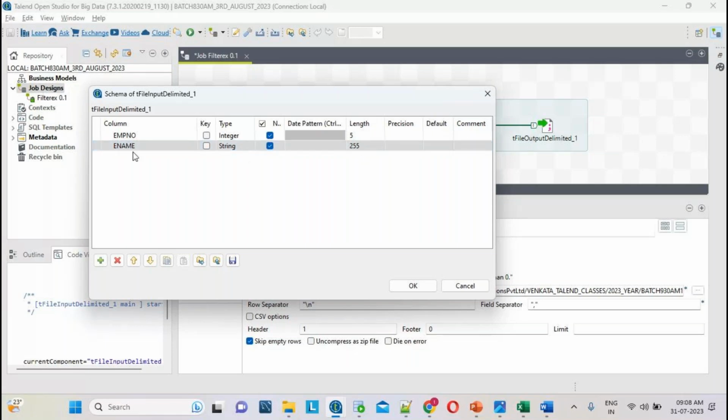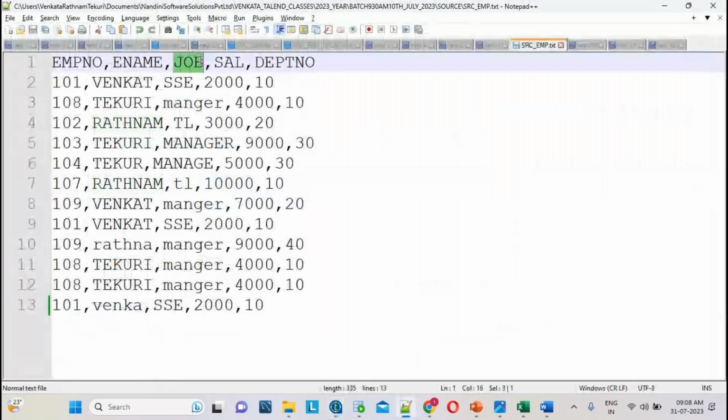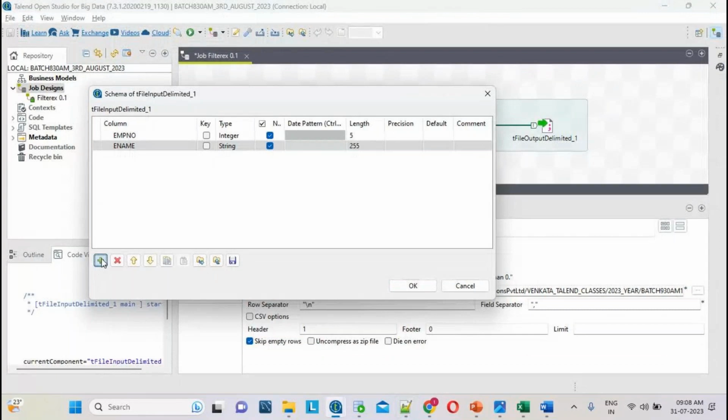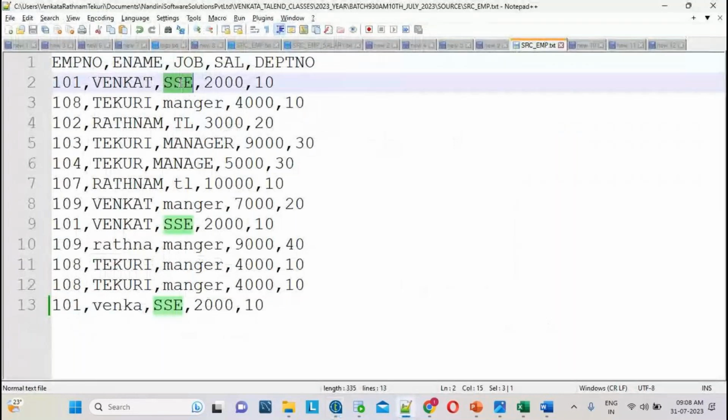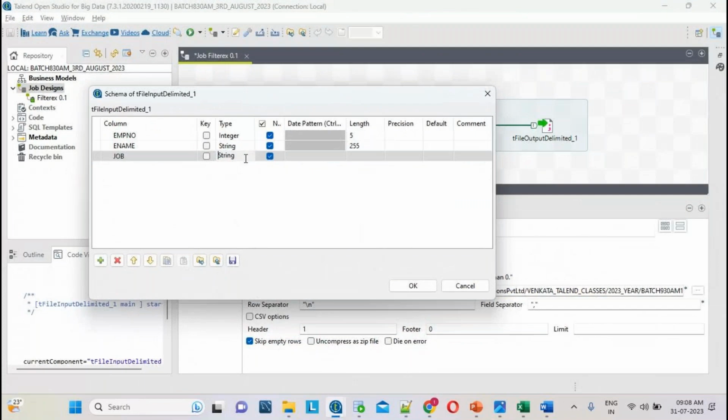Now my customer is saying that in my file I will get one more new column. The new column name is job. So let me add the plus symbol and add the job column. My customer is saying the job values are characters, so I have to use the string data type in Talend. My customer is saying to use a length of 50. You can use whatever you want, but in real time my customer will specify the length, and whatever length is given, only that length we have to use. Now I am using my own here, 50.